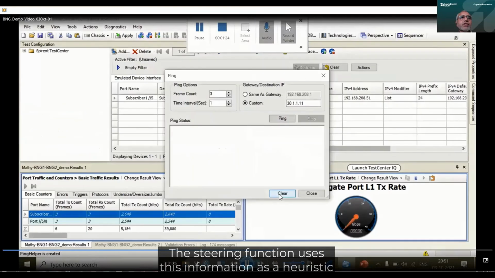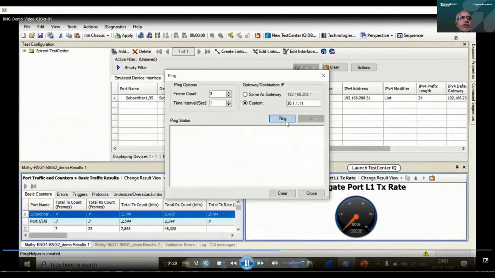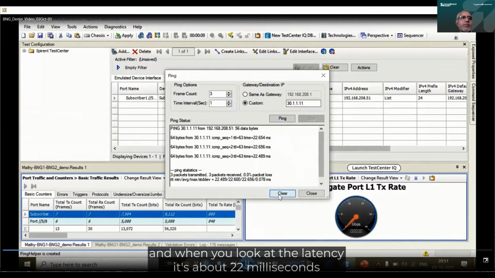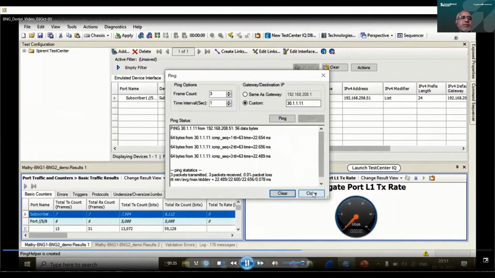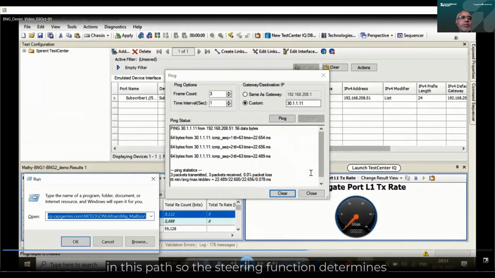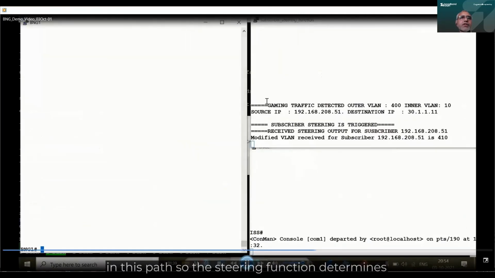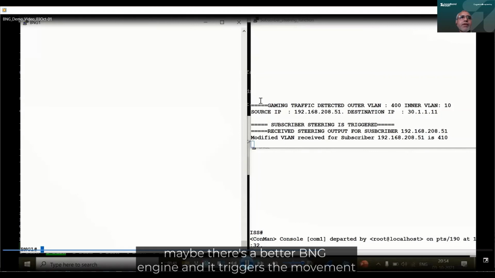The steering function uses this information as a heuristic. And when you look at the latency, it's about 22 milliseconds in this path. So the steering function determines maybe there's a better BNG, the edge BNG, and it triggers the movement.